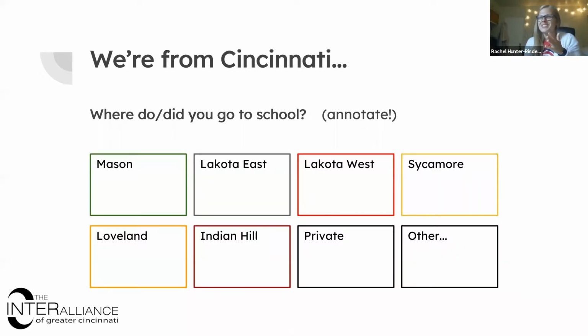So I don't know if you guys want to do this just with this small group that we have here. Classic Cincinnati question, just so I can get to know who we're talking to today. Curious where everyone went to school. I don't know if I have the option to let you guys annotate, but if you just want to let me know. I went to Mason, so go comments. Where do you guys go to high school? I go to Seven Hills. I'm a senior. Okay. I went to not Rapid Run, that's a middle school. I went to Oak Hills High School. Okay. Cool. All right, we will move on.